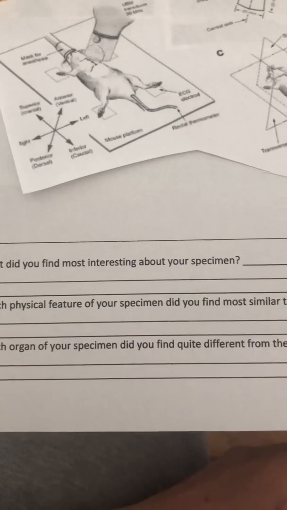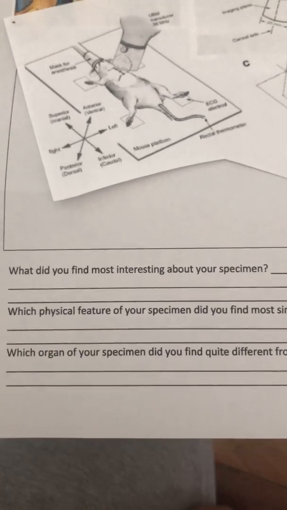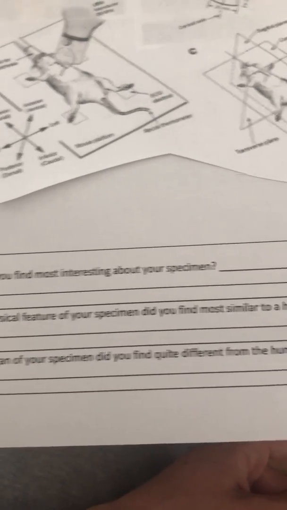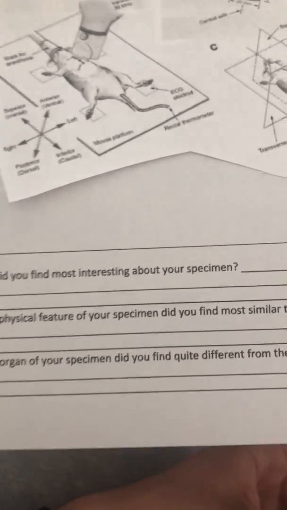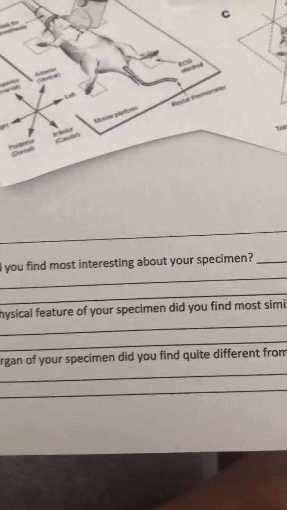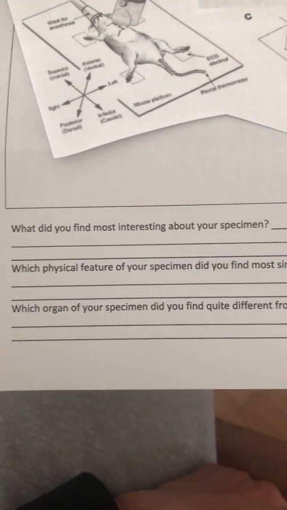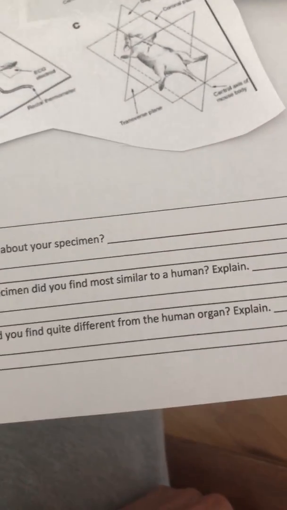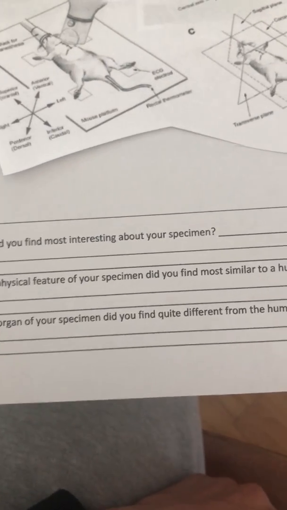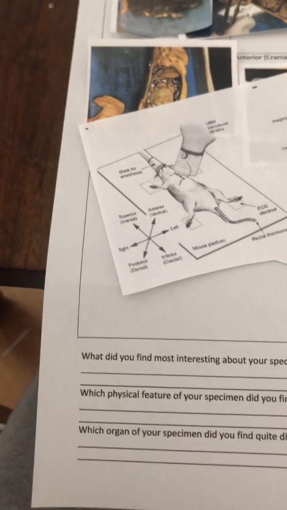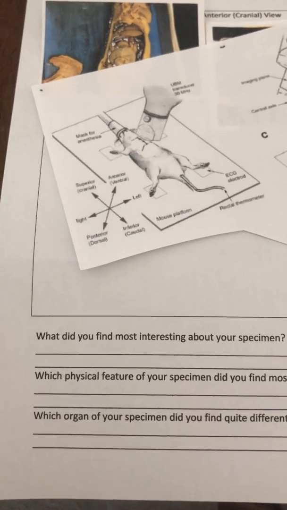Our animal is quite similar. Like the heart is kind of similar to our heart, just with, well, I wouldn't say that. I mean, you get what I mean. It's just some of the things are really quite similar, and I found that interesting. Which physical feature of our specimen do I find the most similar to a human? Explain. So what I found most similar to us was, if I could say, probably the stomach, because the stomach